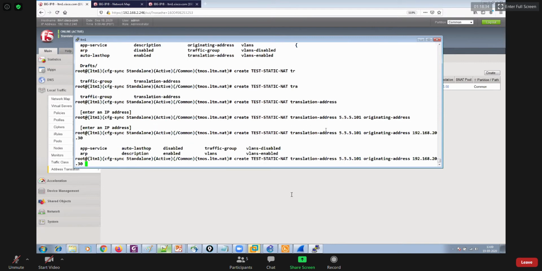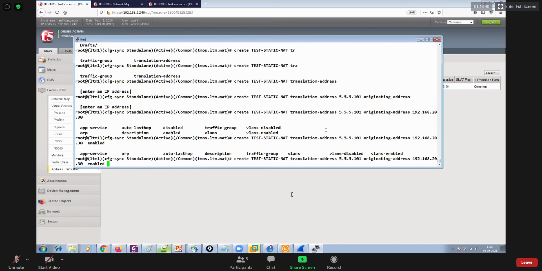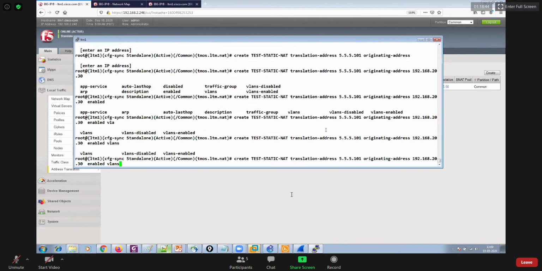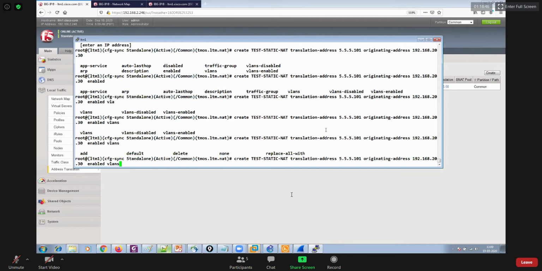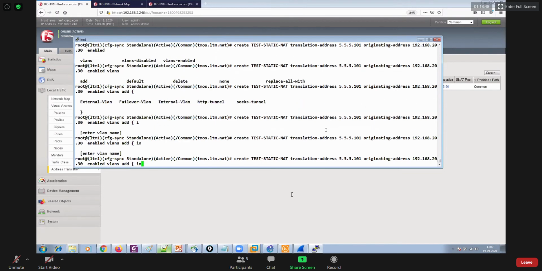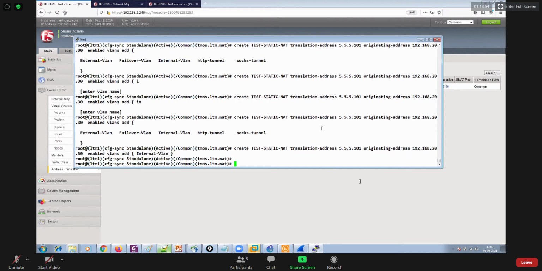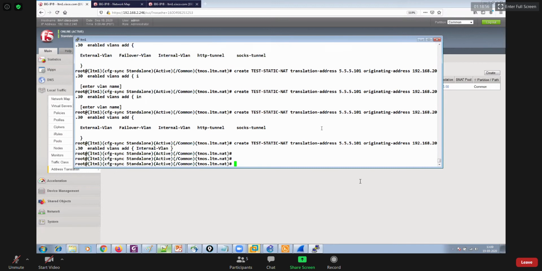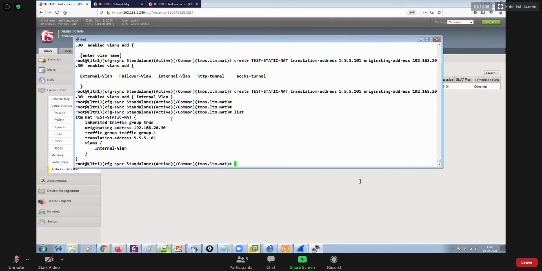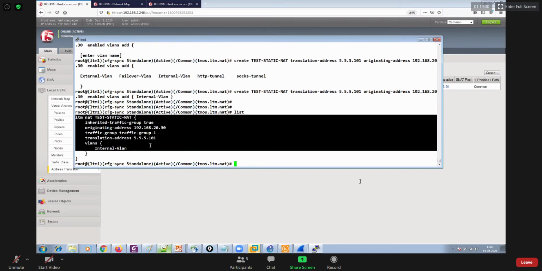Okay? And thereafter, you could just get this enabled only on the internal VLAN like this. So list, now you have this static NAT entry over here.